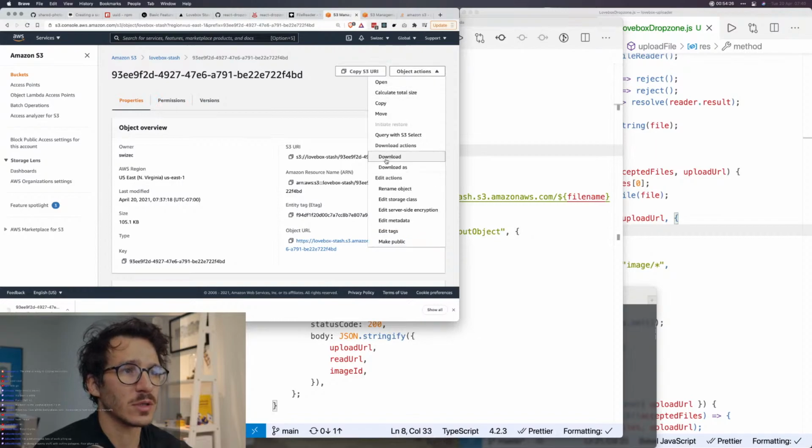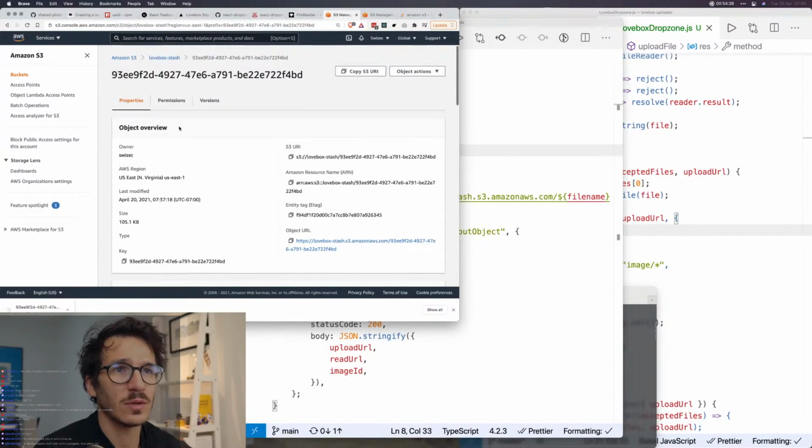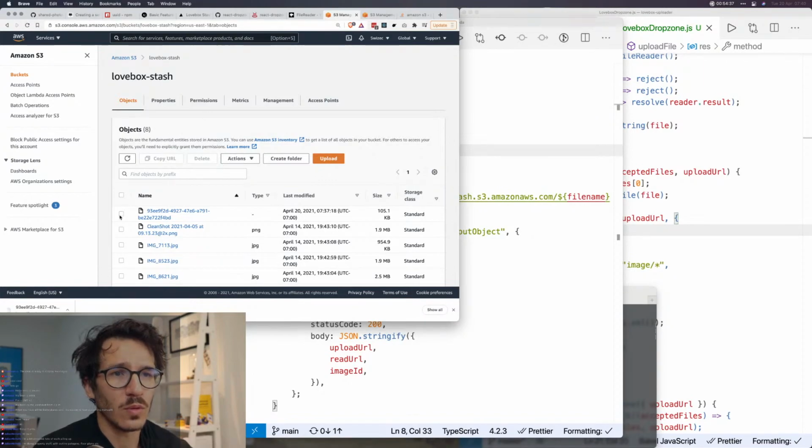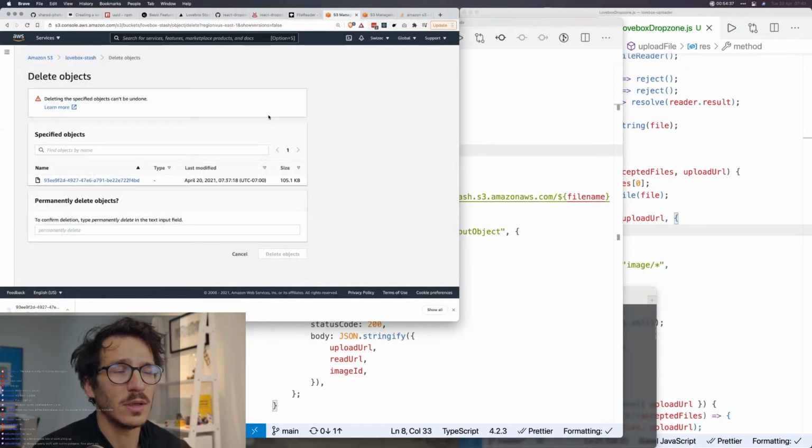Let's try, instead of, let's try, we have to delete this object before it breaks things. Where is the delete? Does anyone know how to delete stuff in S3? If I go here, click delete, yes,